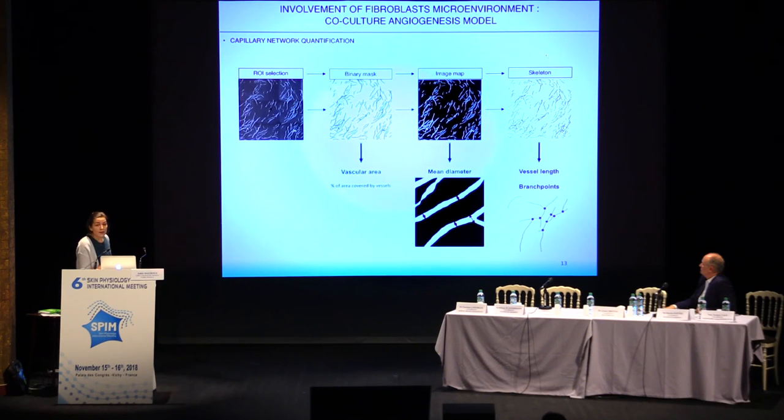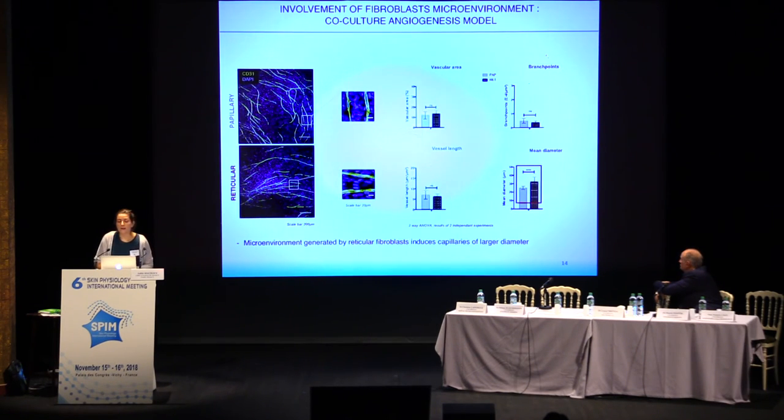We then generate an image map from which we can calculate the mean diameter of each vessel. And then from all of this, we generate a skeleton, and by undergoing a skeleton analysis, we can look at vessel length and number of branch points. Using this model, in the absence of VEGF, there is no difference